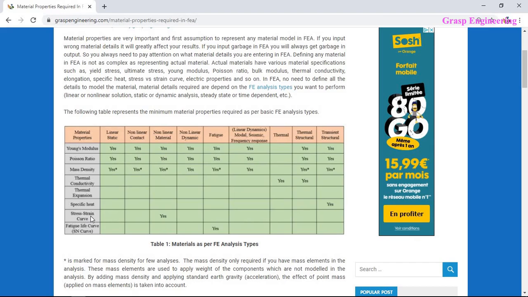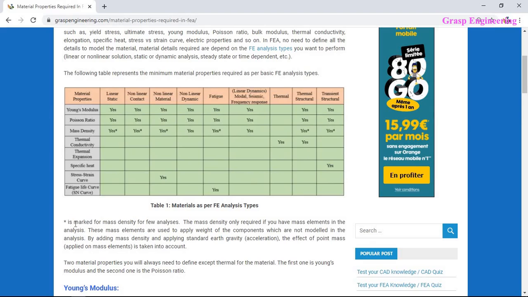If you see this, the very first, we know the most popular simulation, that is linear statics. When we talk about linear static and to represent any material, you just need to define the Young's modulus as well as Poisson's ratio, and sometimes you need to define the mass density. If you see here we have created a star mark. What does it represent? It represents that mass density is only required if you have mass elements in the analysis. Suppose you have a few components which you have idealized with the help of mass elements,